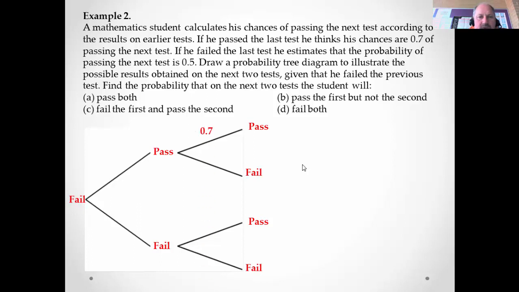So first one we can put in there, because it says here, if he passed the last test, he thinks his chances of passing the next test are 0.7. I was just going to get the highlighter there. So if he passed,